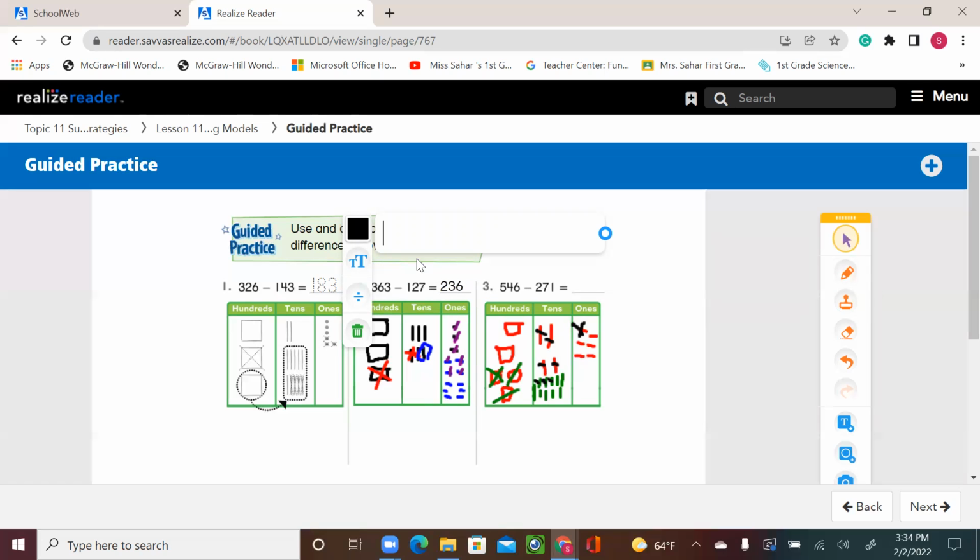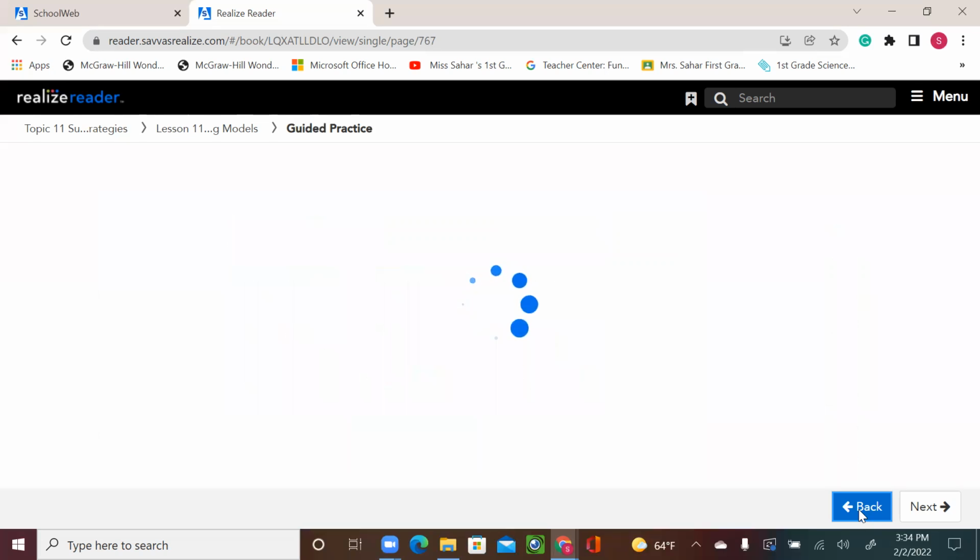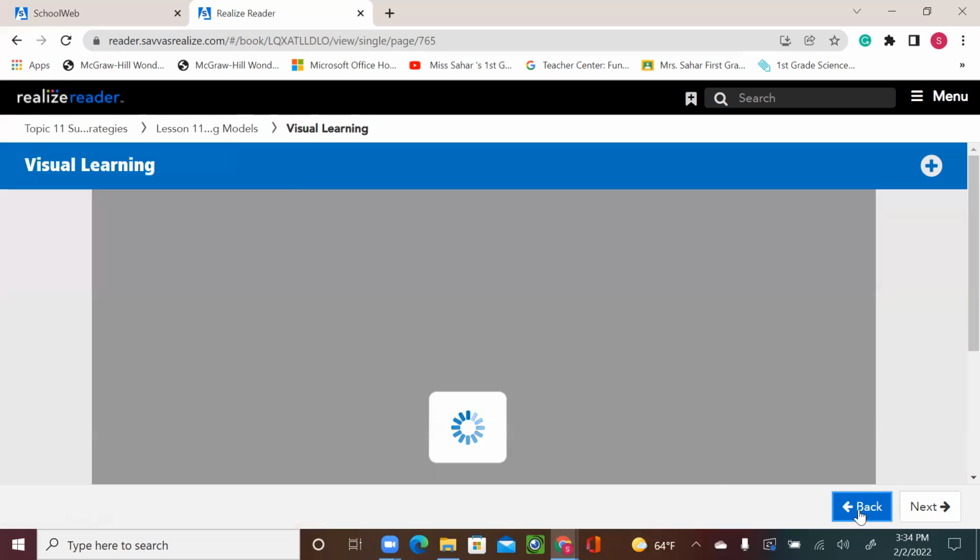So I see 200. How many tens? 1, 2, 3, 4, 5, 6, 7. So 70. And then 1, 2, 3, 4, 5, 5 ones. So my answer would be 275. Put it here. All right, let's go for our first exercise